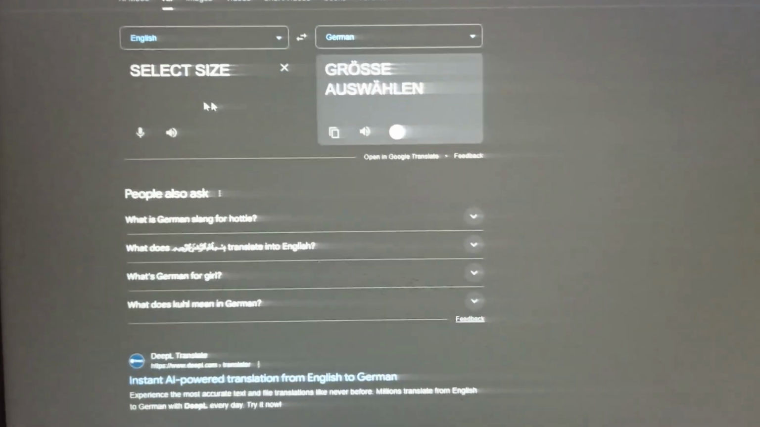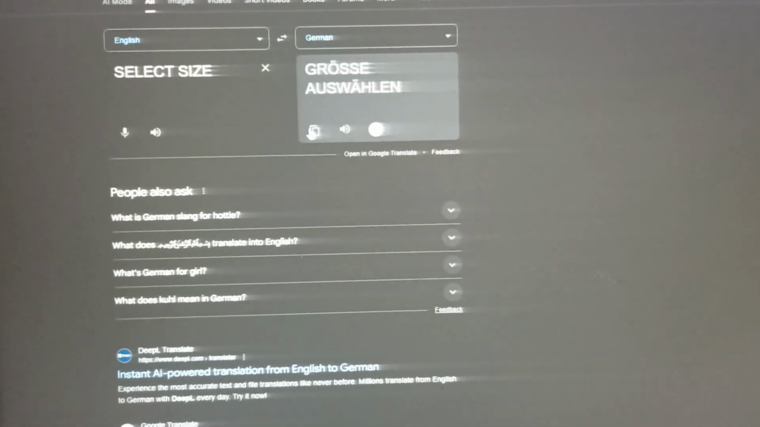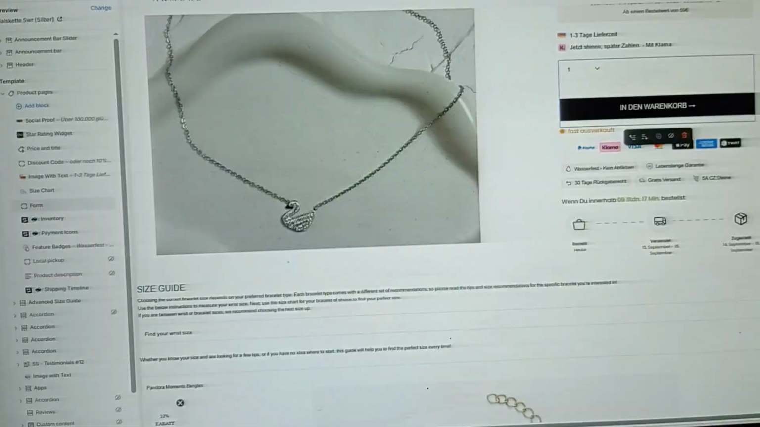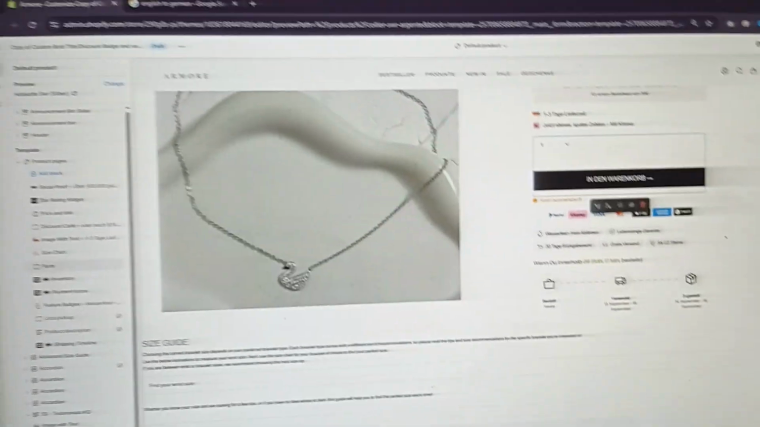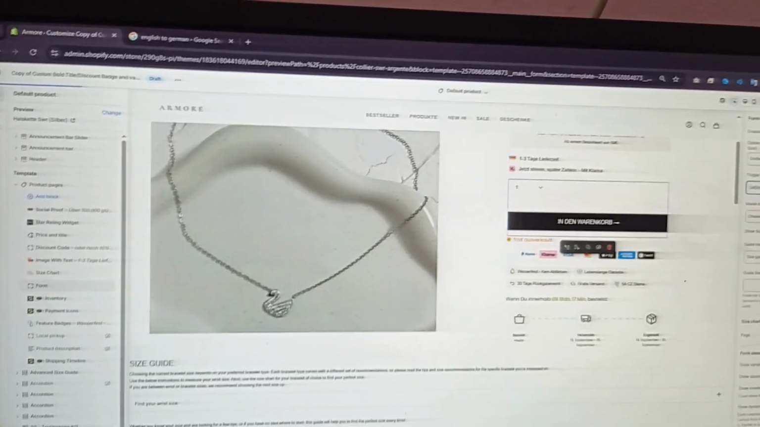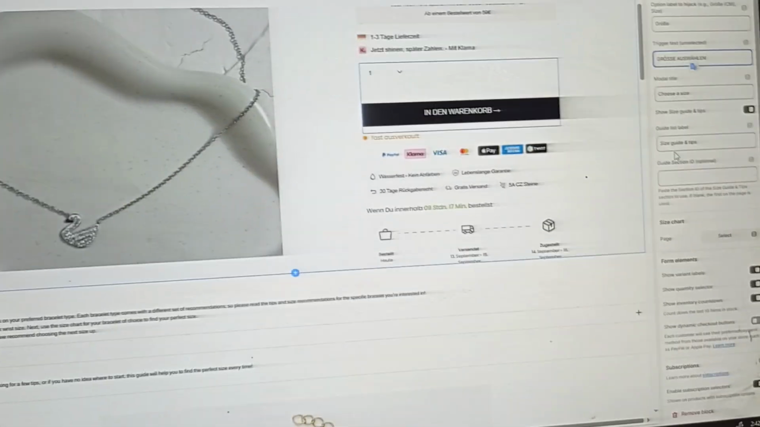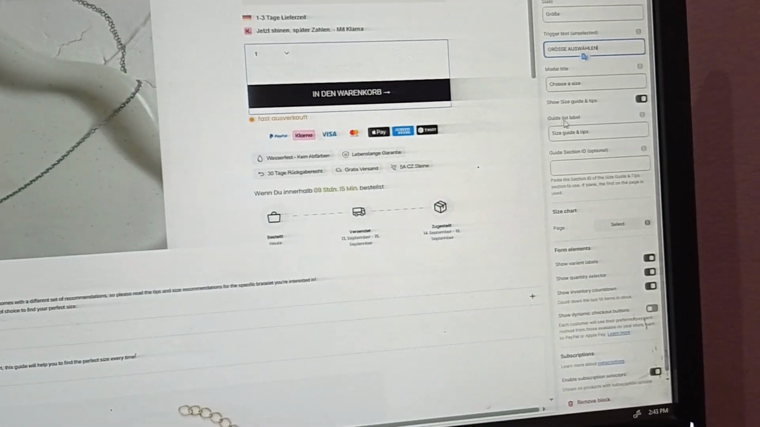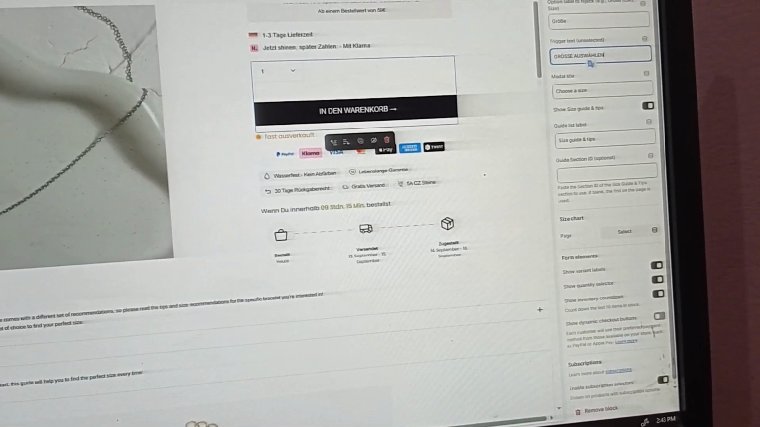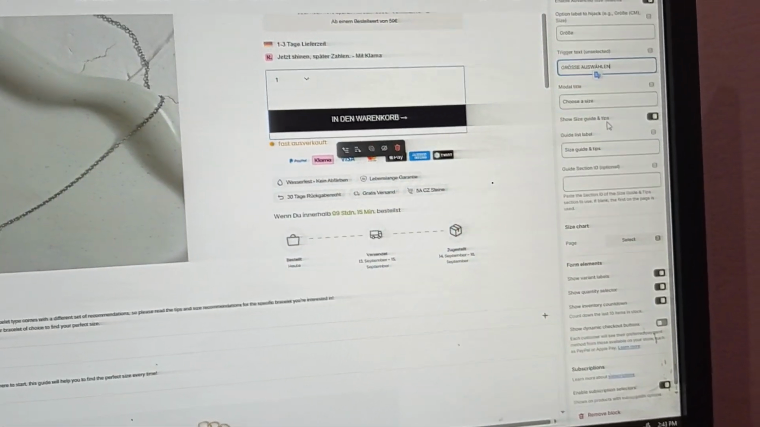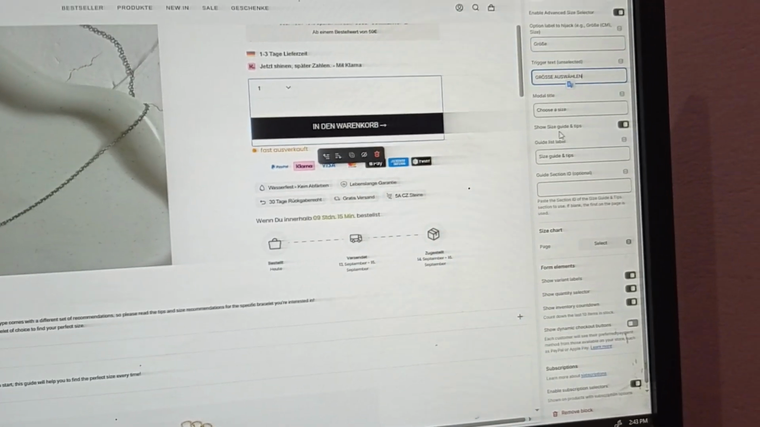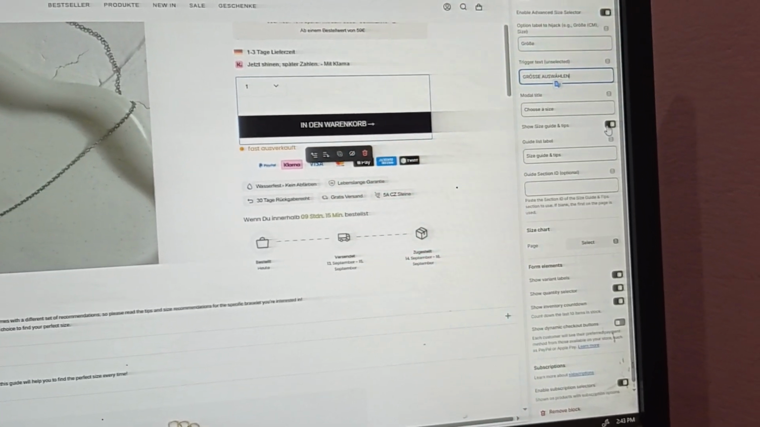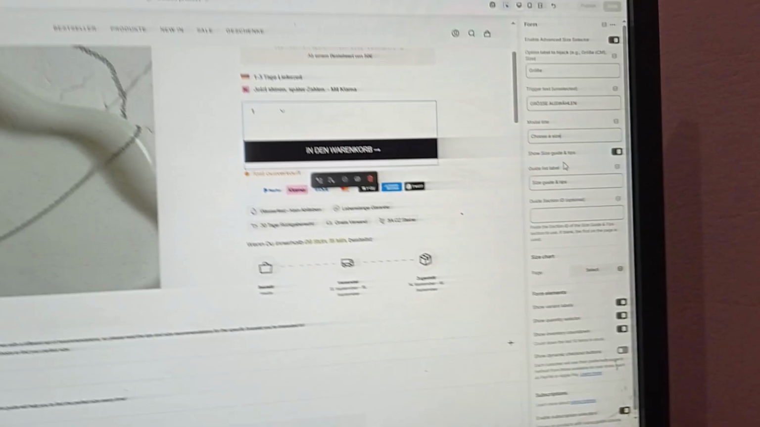Okay, select size is the gross. I don't know. Okay, let's update it to the German language, and you can do the same for all other options. Guide list labels. So guide list label, so if you want to show the size guide and tips, you just have to,